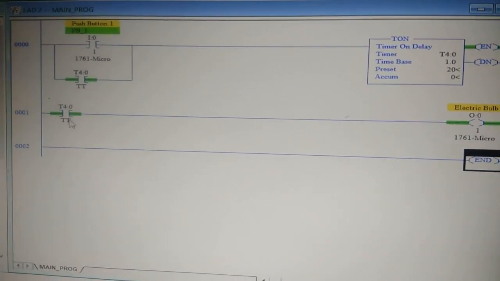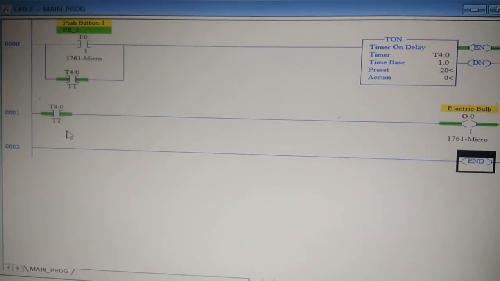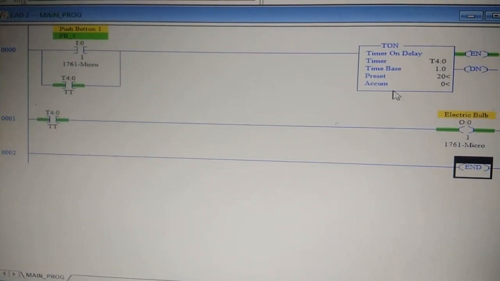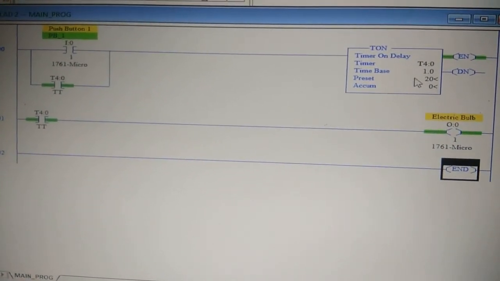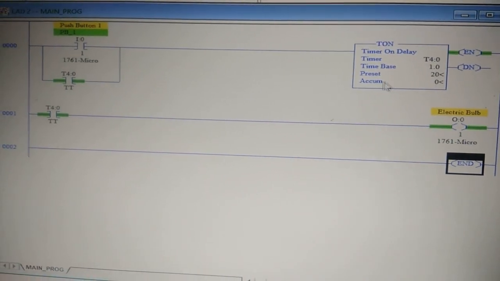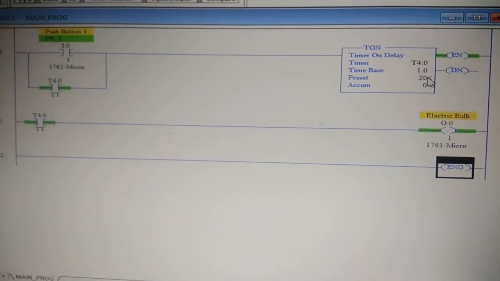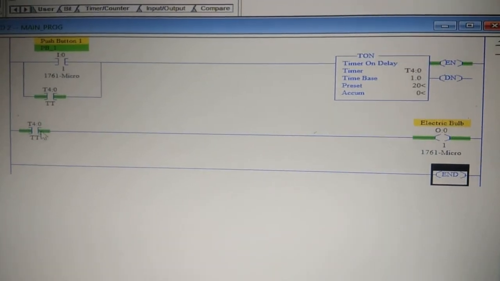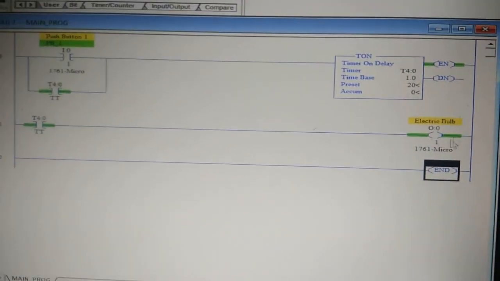This timer timing bit is true until the accumulated value is equal to the preset value. Once the accumulated value reaches the preset value, this bit will go false. At that time the electric bulb will be switched off.